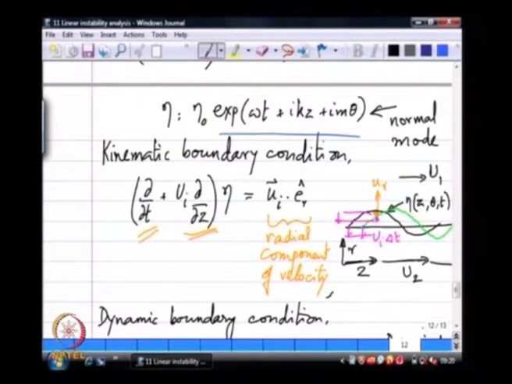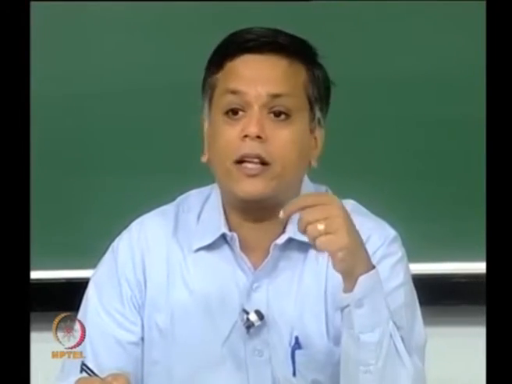When I do that, the material velocity in the axial direction of that point is u1. So, as viewed from fluid 1, the waves are being advected with a velocity u1. As viewed from fluid 2, the wave is being advected with a velocity u2. Consequently, the radial velocity in fluid 1 would be different from the radial velocity in fluid 2.